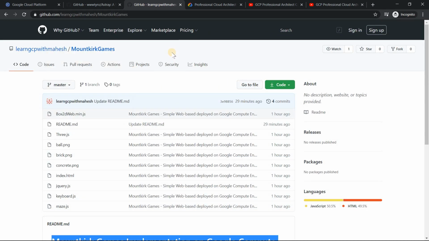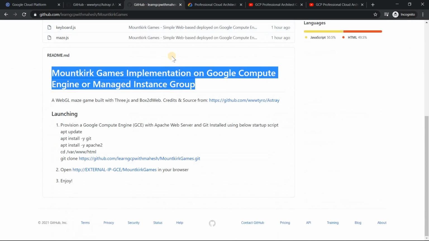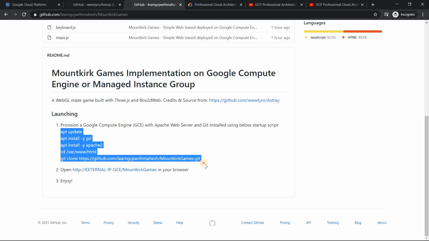So this link, I'm going to put it in the description. You can download it, clone it, and do stuff there. I slightly modified it to make it suit a virtual machine. So the steps are basically: provision a virtual machine with this as your startup script. That's it, and it should start working. So let me just copy it,